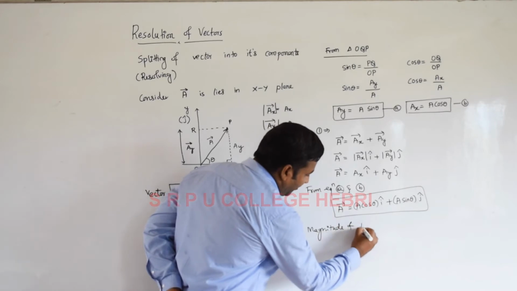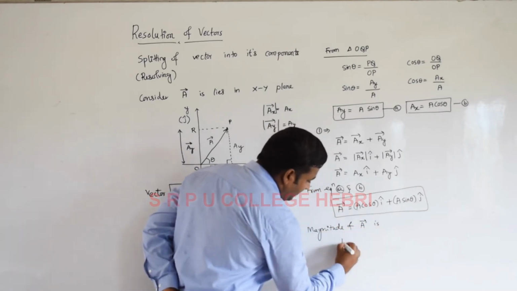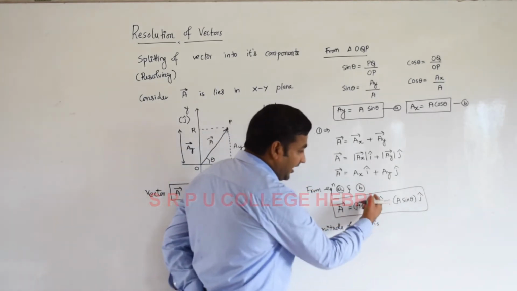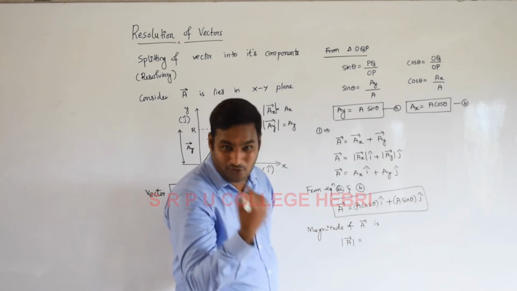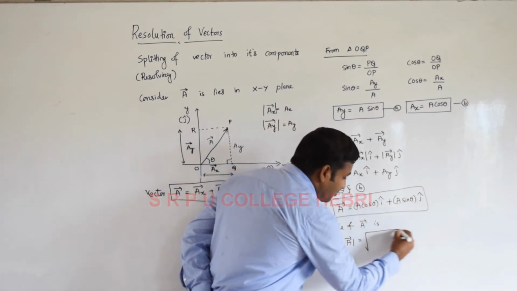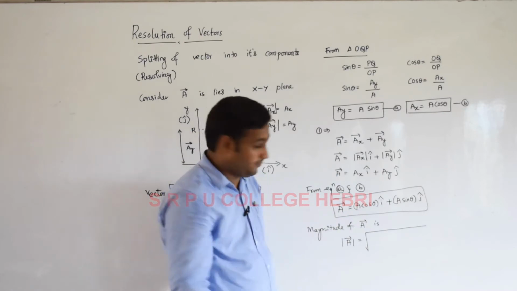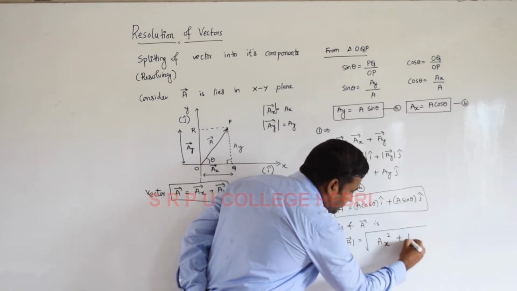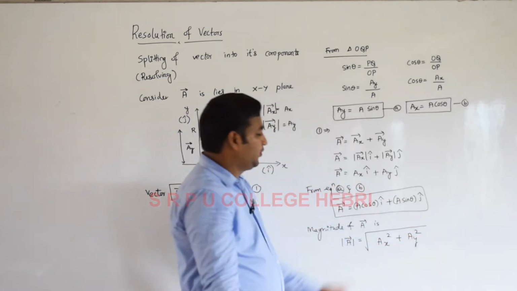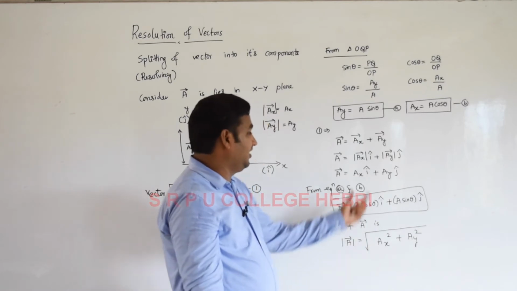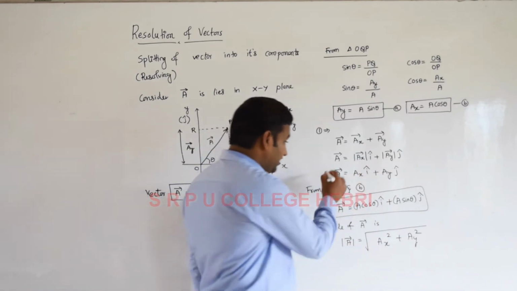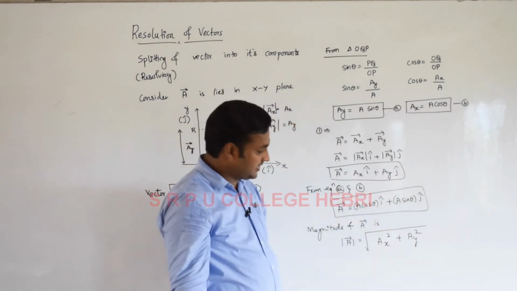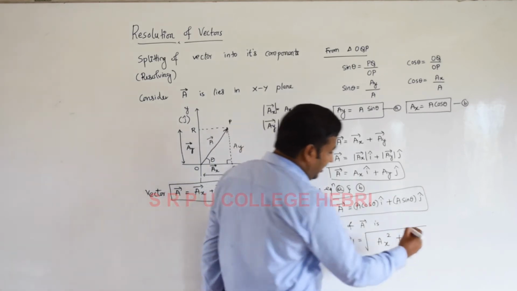the magnitude of vector A, the modulus of vector A, is equal to, here I cap square, if I take its value, is equal to 1 unit vector. I already told in the first video itself, magnitude is nothing but the square root of the components, it is nothing but AX square plus AY square, the components of this vector, AX and AY. Here I consider, by using this equation, the component AX is A cos theta, AY is equal to A sin theta. I substituted here. Again after simplification